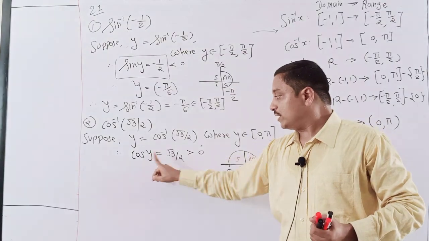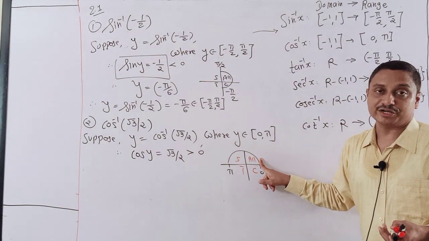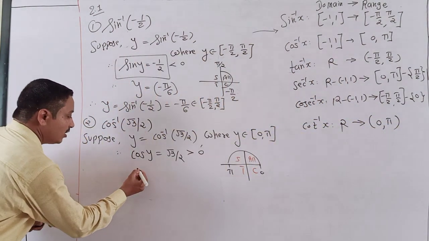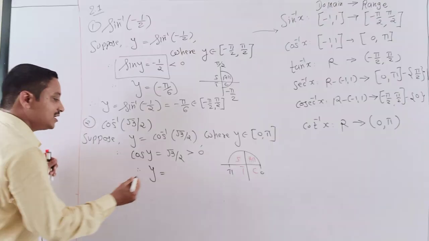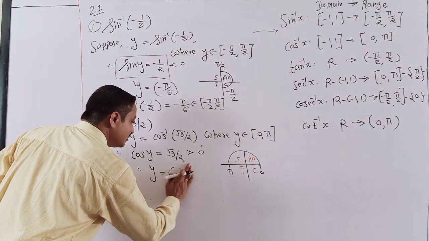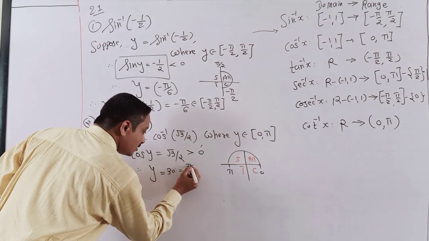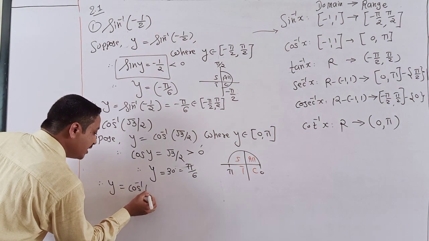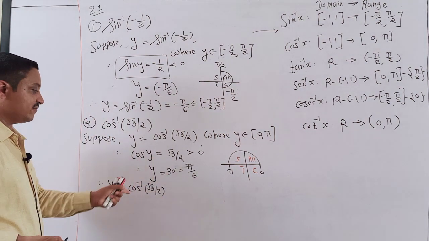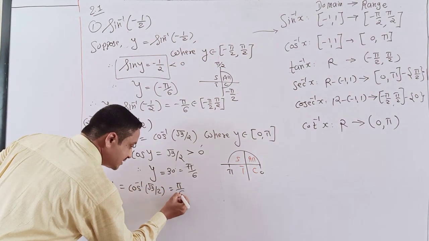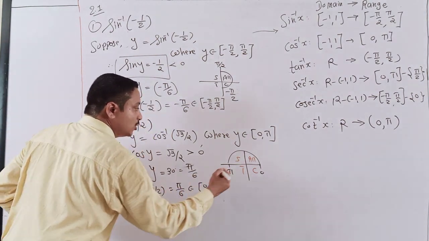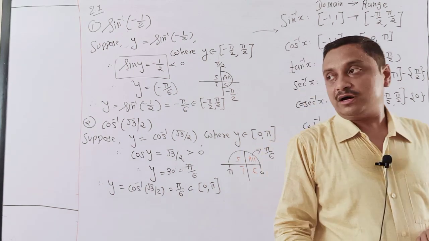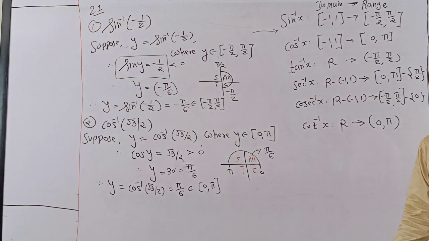But cos value is positive in which quadrant? First quadrant. So your answer is in the first quadrant. Now tell me easily, at which degree is cos root 3 by 2? Yes, it is 60. Sorry, it is 30. And 30 means what? Pi by 6. So finally you are done: cos inverse of root 3 by 2. Yes, sin 30 is half and cos 30 is root 3 by 2. Your answer is pi by 6, which belongs to our range 0 to pi. Here your answer is pi by 6, students. And very easily our next question is also finished here.